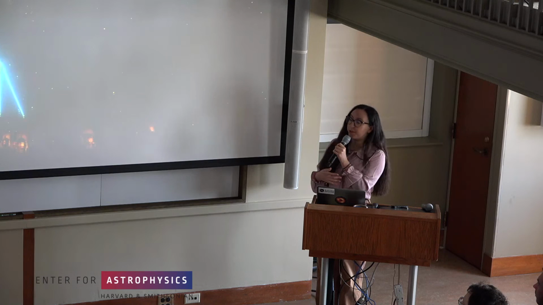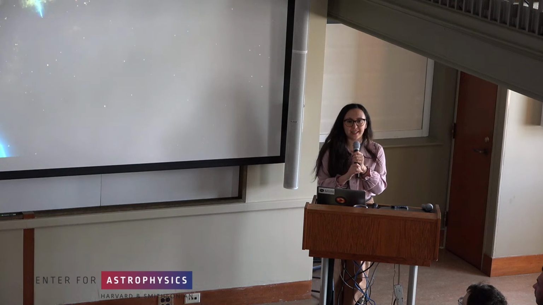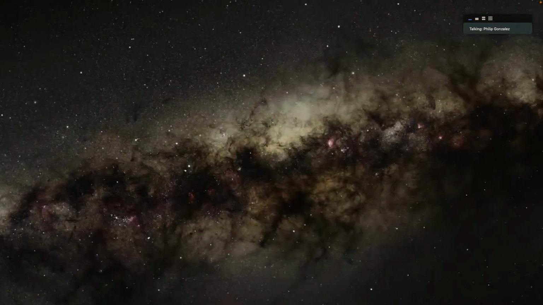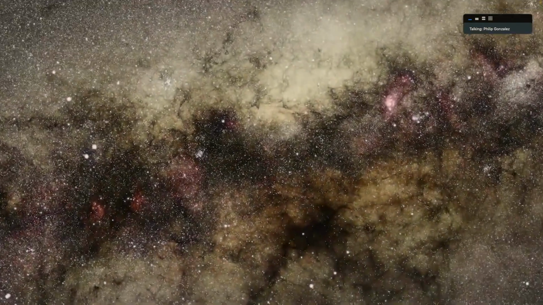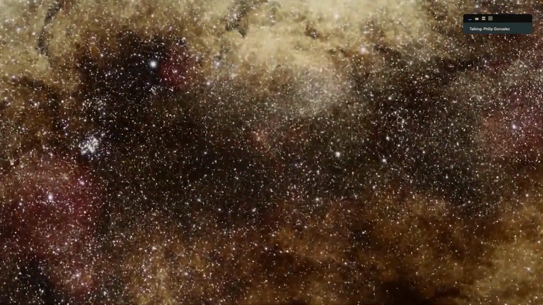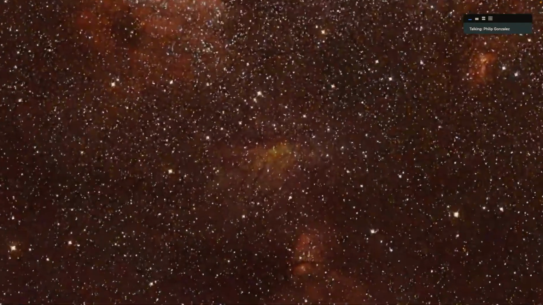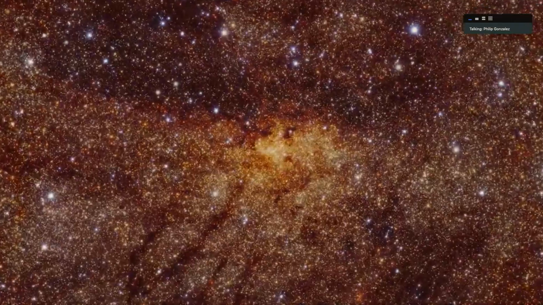So, as you all know, probably, Sagittarius A star is the black hole at the center of the Milky Way galaxy. It resides in our galactic plane, in the galactic center, beyond lots of clouds and dust and stars in this really dusty and crowded environment embedded at the center of our galaxy.